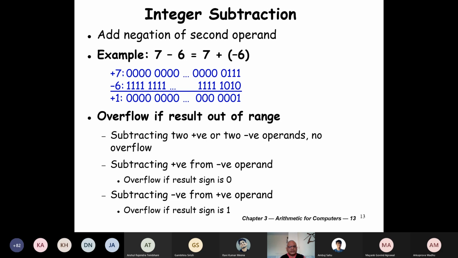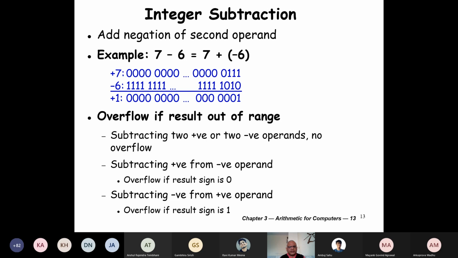Now, since subtraction is also kind of addition, we can just rewrite the overflow condition for the 2 integer addition.